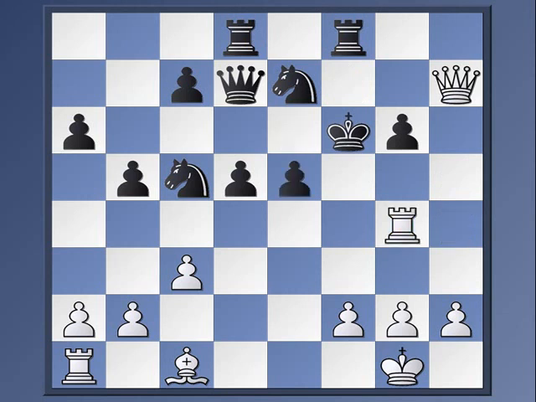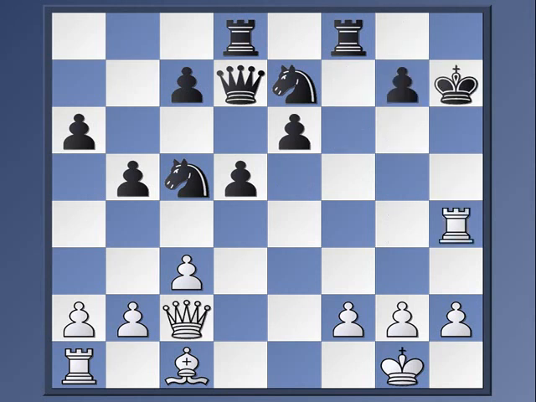Rook g4, and now e5. And the king is just going to go scooting over horizontally, e6, d6, c6, b7, and he's happy. Alright,